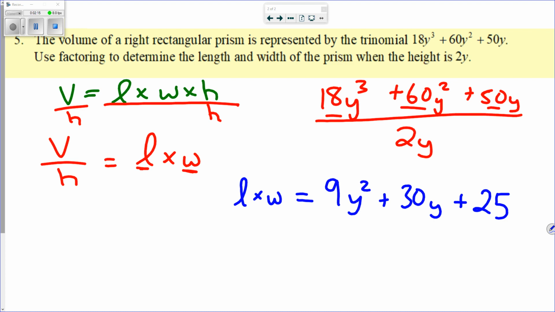If we remember what we said about example or question number 1, we look at our first term and our last term, and they are in fact perfect squares. So if this question is anything like number 1, take the square root of the first part, we get 3y. Take the square root of that last part there,